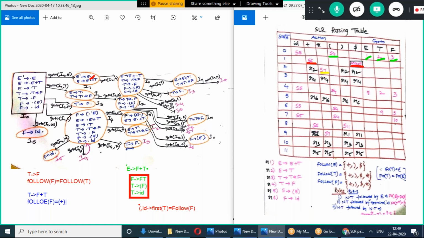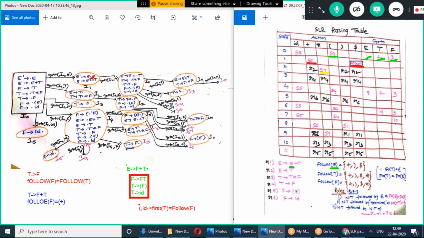Now let us check the follow of E. Follow of E is equal to, after E what is there? Plus, so we wrote plus.